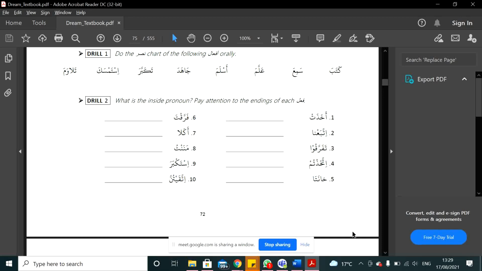Does there not have to be a thing that she's holding? That would be a detail, but you do not need a detail. It's not always necessary, right? If I say she held, it's a complete sentence. It has a doer and it has an action. The detail is not necessary all the time. In English, we also say she ate, I ate, or I went. It doesn't mean that I have to always explain where I went. So I went is a complete sentence in English. Here akhazat, like she held, is a complete sentence with one word. And one word can be a complete sentence in Arabic grammar.